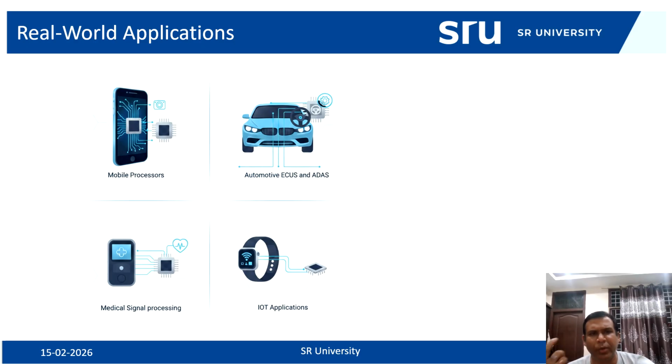In automotive systems also it is very much useful. So ASICs are used in important components such as the engine control unit and advanced driver assistance systems. Now most of the companies are using ADAS technology. So here it is also useful. And the ECU uses the ASIC to monitor and control engine parameters like fuel injection, ignition timing, and emissions. And the ADAS system uses ASIC for functions such as collision detection, lane monitoring, parking